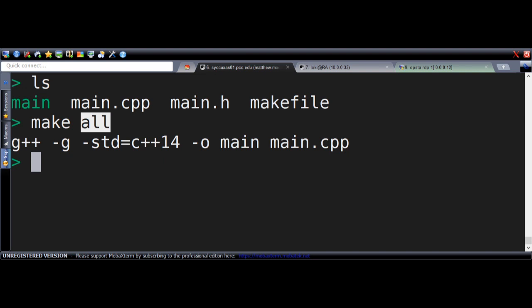So one final note, there is a nice feature that make provides, and that is back to that idea of efficiency and only compiling things that are needed. Now, if your label, which in the previous makefile was all, and in this example is main, matches the name of the output file that you've indicated in your build line, make will do something kind of nice. Before running the second line, in addition to checking that these files on the first line exist,